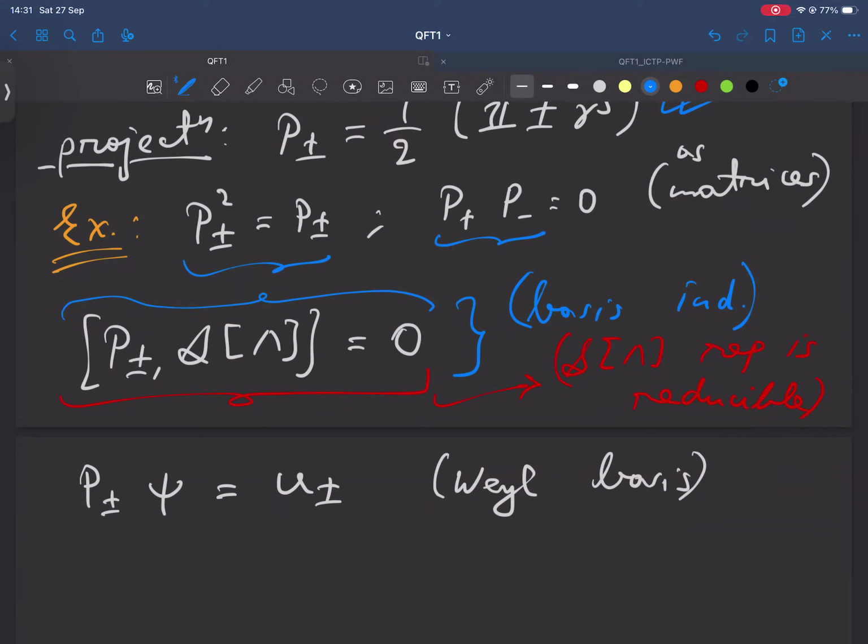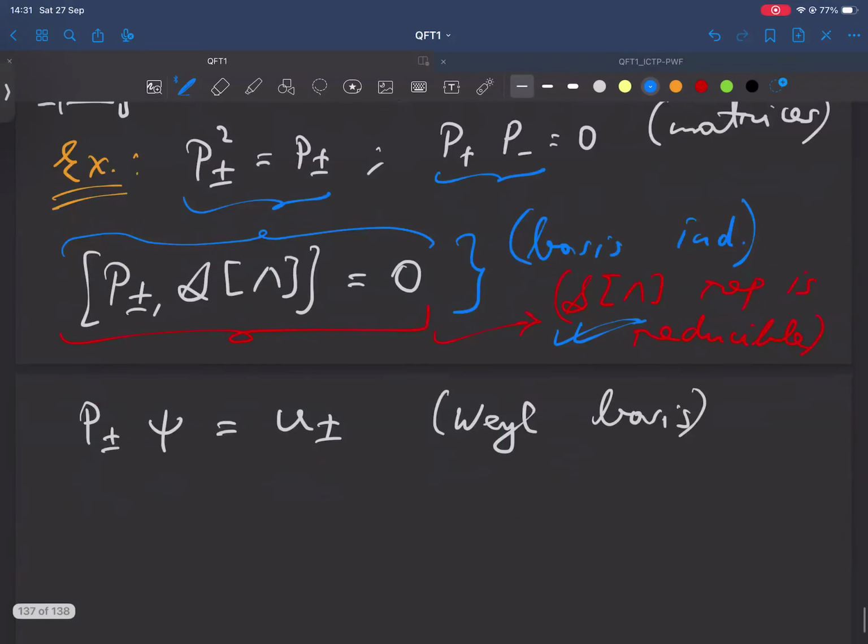Just remember that in the Weyl basis, we can write the Dirac spinor as two different objects, and that came because this S lambda for rotations and boosts, which are the generators of the group, was block diagonal, and hence it split. You can show that all these projection operators do is take the psi and map it to U plus or U minus. But if you want to do it in a basis independent way,